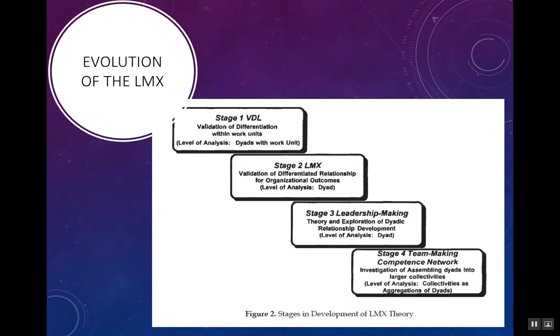In stage 3, dyadic partnership building, the focus moved from in-group and out-group relationships to the development of meaningful quality relationships with all members of the team and the leader. In stage 4, the relationship has moved beyond the dyad to the group or network. The terms interdependent dyadic relationships and network assemblies were used to describe the collective nature of this perspective.